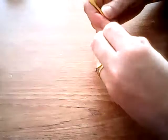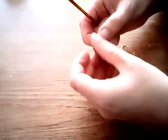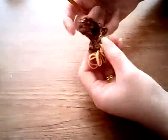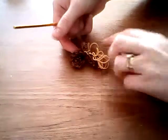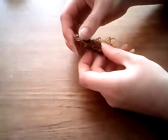Got another band on my hook now. Oops, it's that one. Just put it through, and you can just repeat this until it's completely hidden. So there we have our horse's head. We're going to now make the legs. So just place the head to one side,